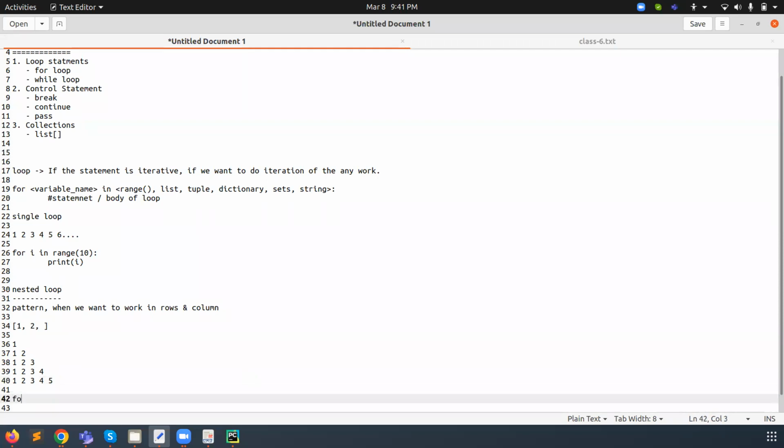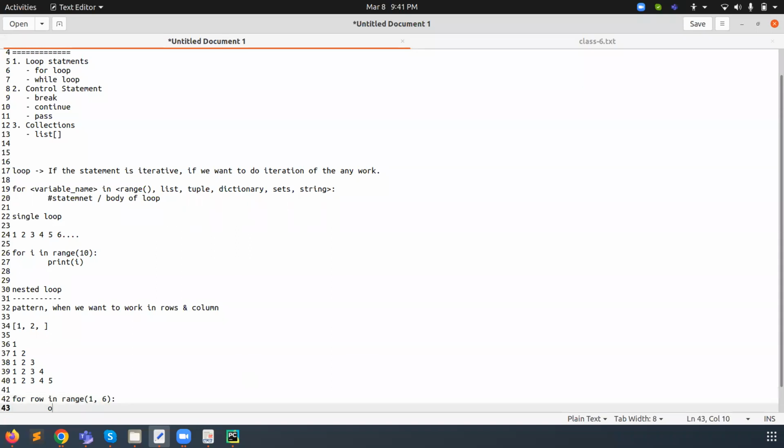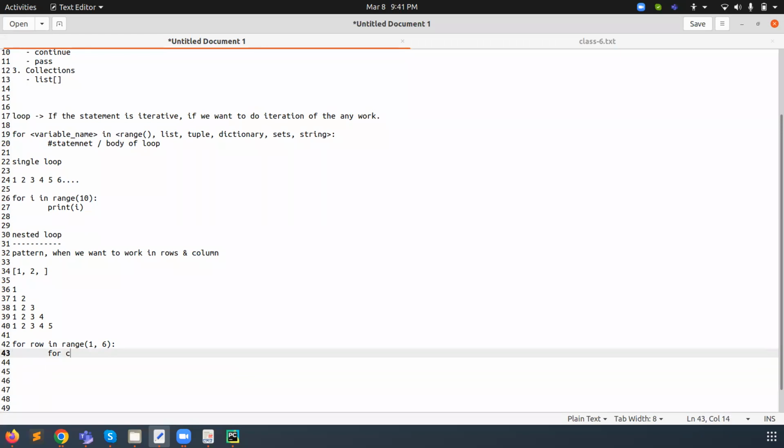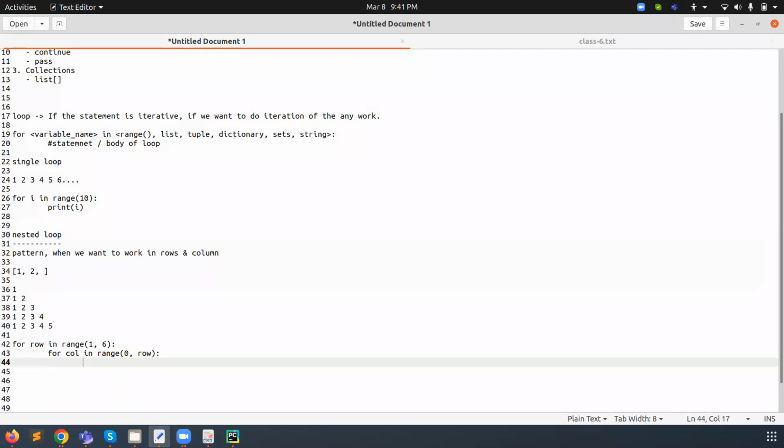Like this one: for row in range 1, 6, and for col in range 0, row, and then we need to print the value col.